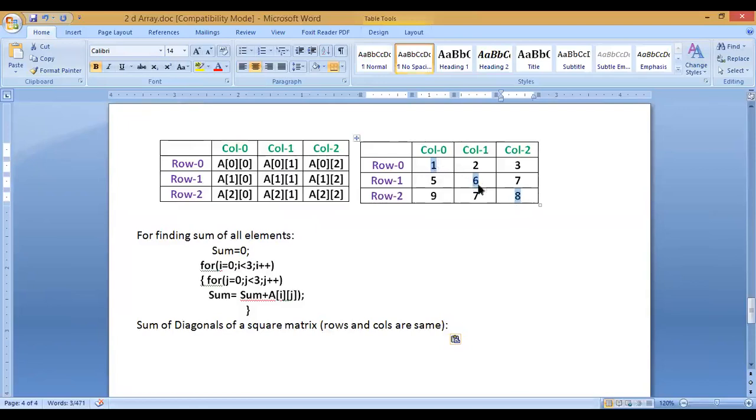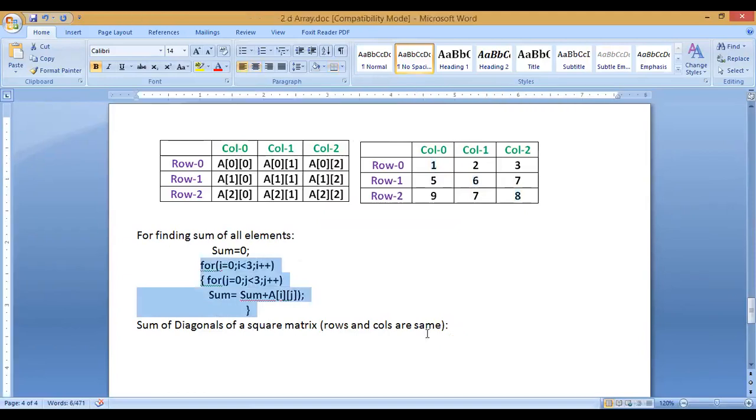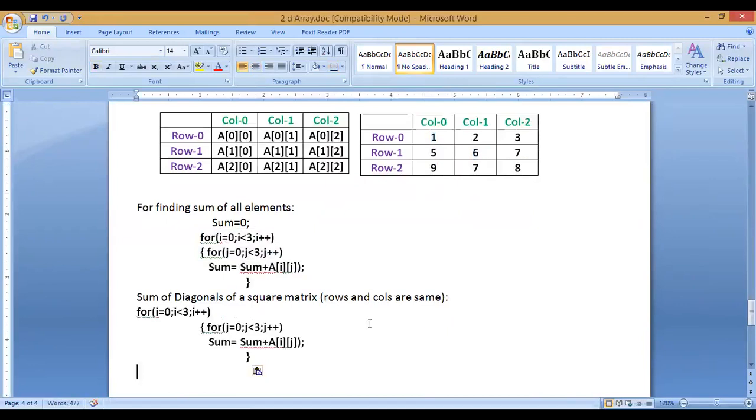So in all these three elements, you can see that I and J values are equal. That means among all the 9 elements given over here, we can access only diagonal elements if we apply one condition. So where do we have to apply that condition? Within that summation part, right? If you do not understand, please immediately inform me and I'll make it correct and give more explanation, right? So I am accessing here all the elements.